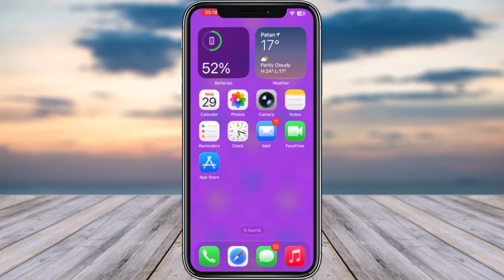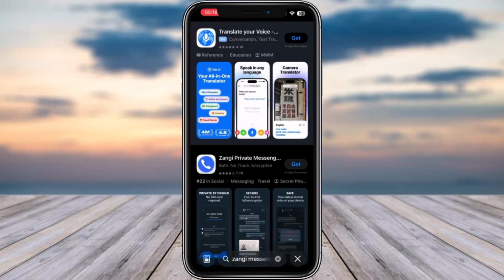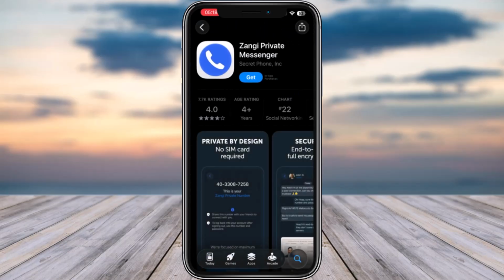Let's get started. So for that, what you're gonna do is simply go ahead, open up your app store and search up Zangi Messenger, and this is the app that will appear. You're gonna tap on get and wait for it to be installed, and once it has been installed, go ahead,